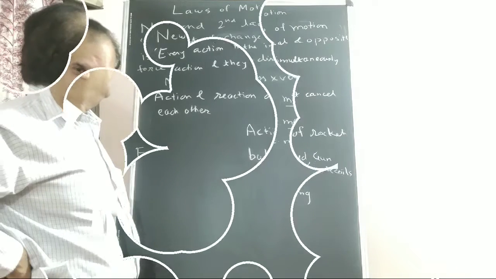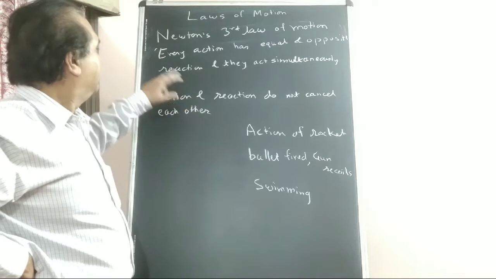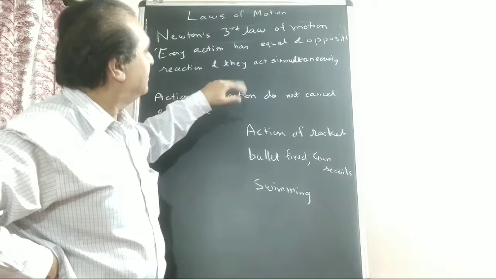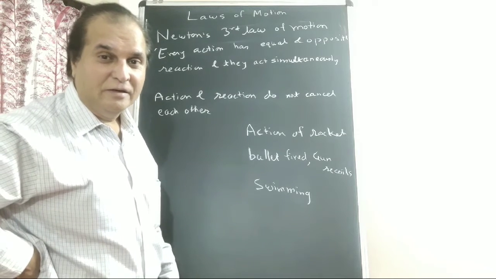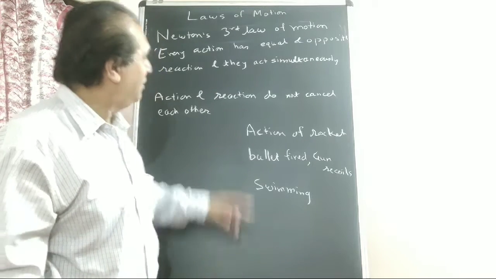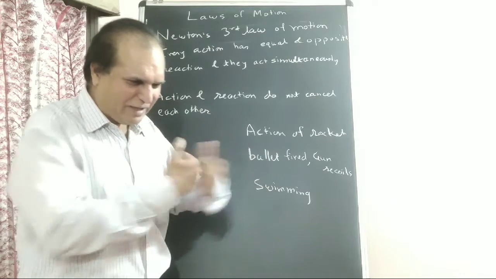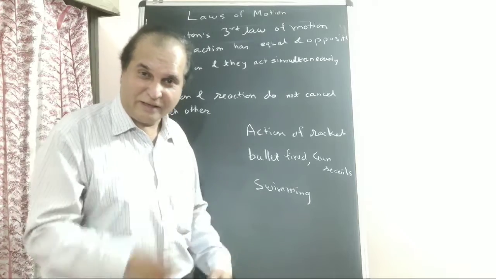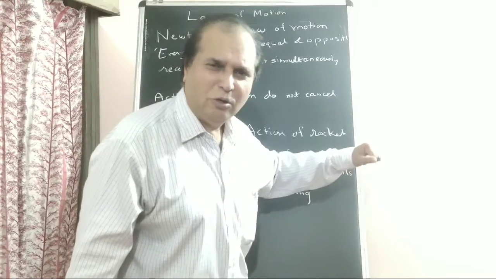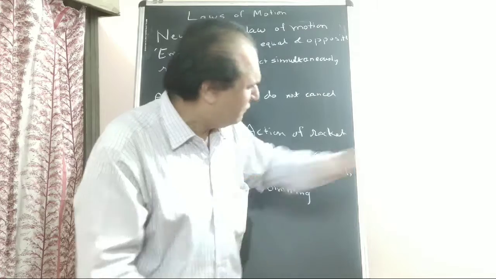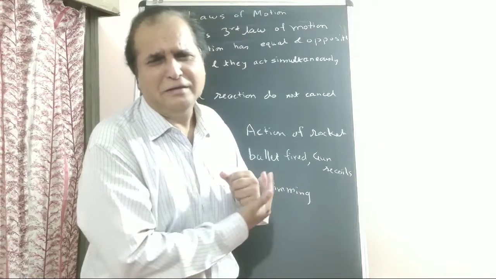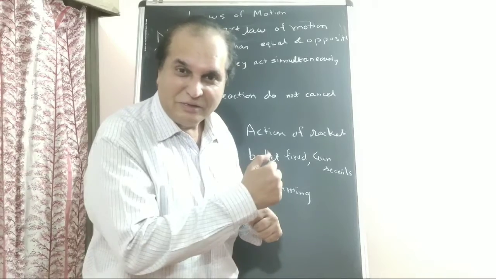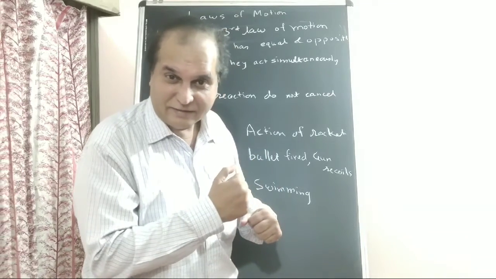Newton's third law. Newton's third law of motion. To every action there is an equal and opposite force of reaction. They act simultaneously. You must be experiencing this, your favorite law. Action and reaction, fast, at a time. Getting? To every action you get a reaction. Hit a wall slowly, slow reaction from the wall. Hit fast, harder hit to the hand. Right? So equal and opposite reaction. Okay.